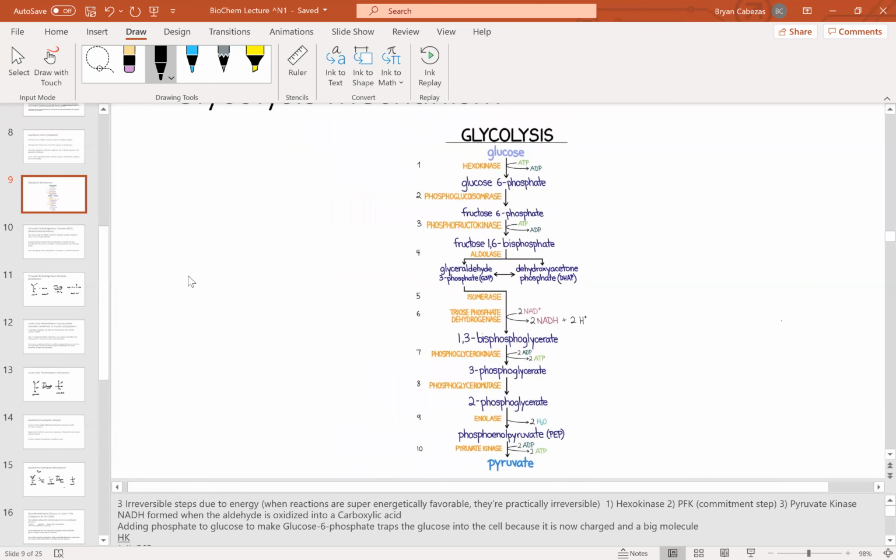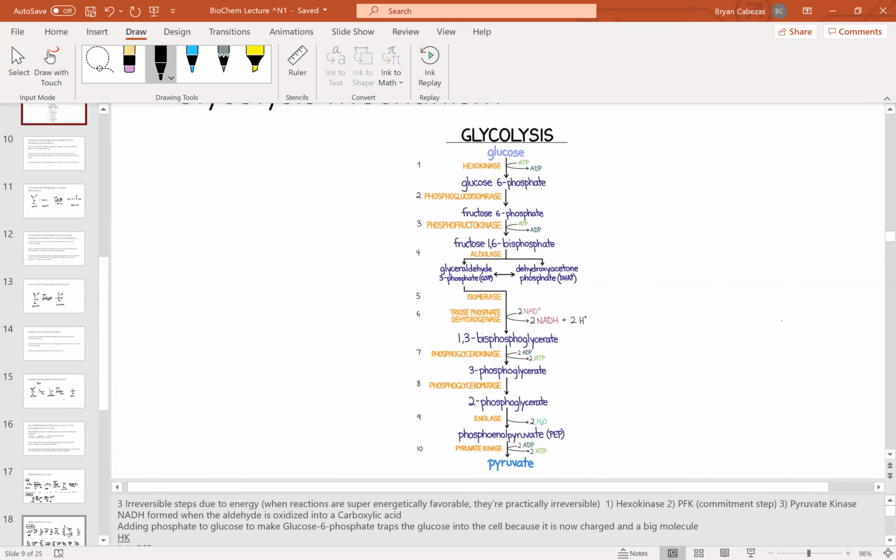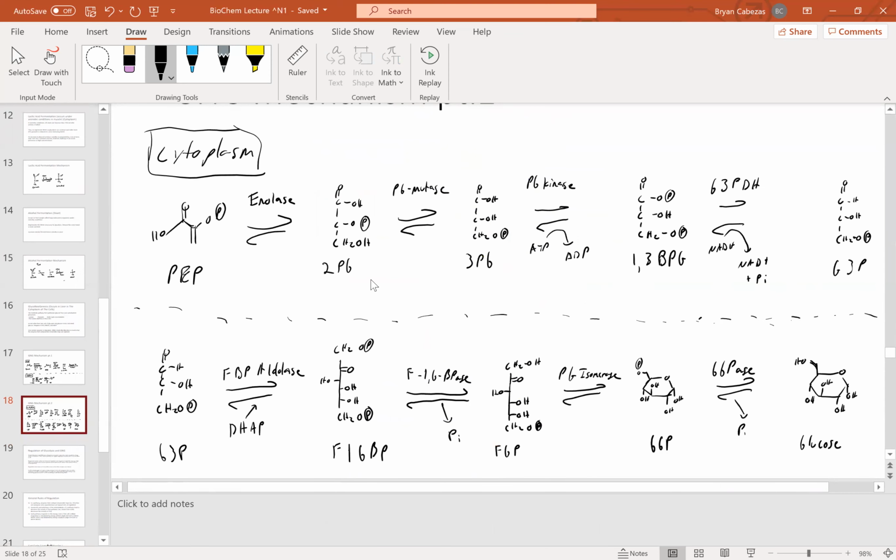Awesome. And the reason why I was able to determine that was because I remembered the structure of the molecule, that it has a carboxylic acid group here at the end, right? You guys asked me earlier today if we should remember the structures, and I really think that knowing the structures can help you out a lot, because I forgot what the G meant, but because I knew what the structure looked like, I was like, okay, that's a carboxylic acid group. We have a phosphate on the 2. Okay, it has to be 2-phosphoglycerate. Right? So I'd really suggest knowing the structures.